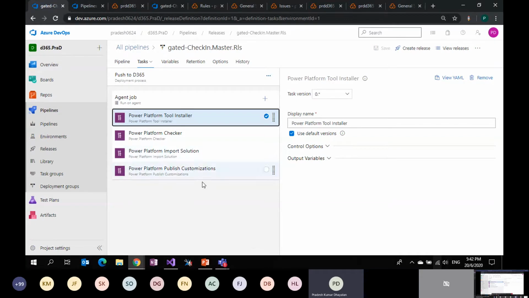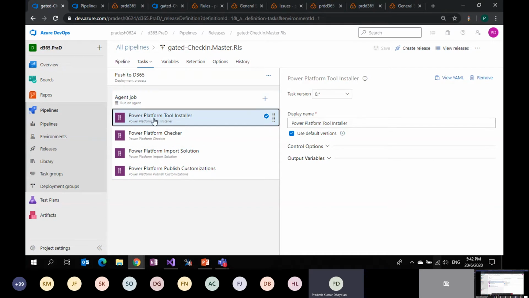Dharani gave a beautiful example, a beautiful start for the ALM process, but for the demo purpose I'm skipping all these things and simply importing the solution into the subsequent environment, which is the S8 environment in this case. Once my gate pipeline, my check-in, has succeeded,